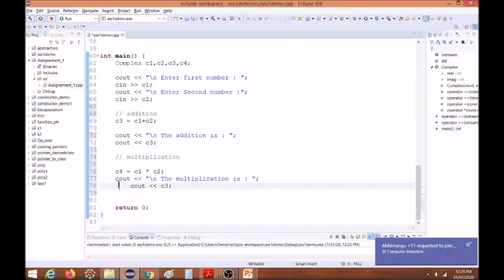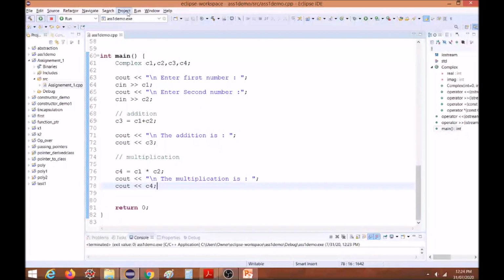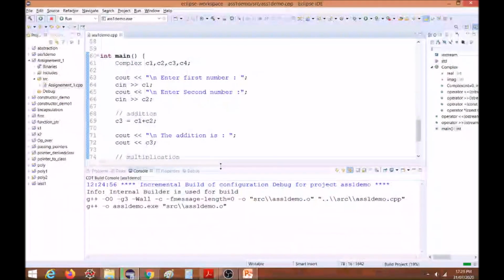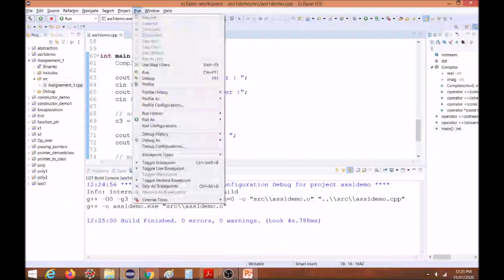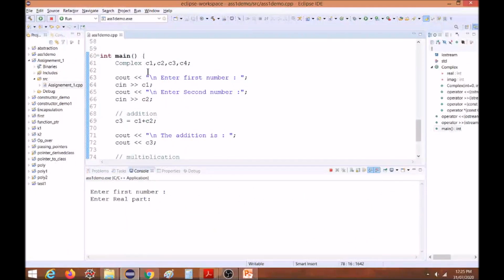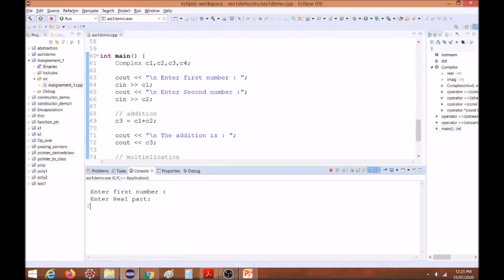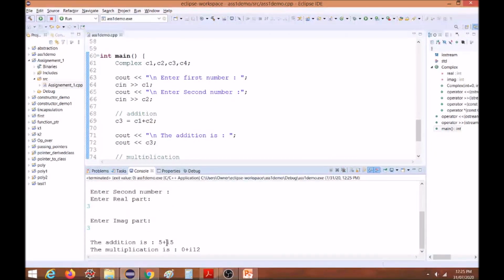And here instead of C3 we have to write C4 because we are storing the multiplication in C4. Let us check whether it is working. First number I am giving as 2 real, 2 imaginary, 3 real, 3 imaginary. So the addition is given here and the multiplication is given here.